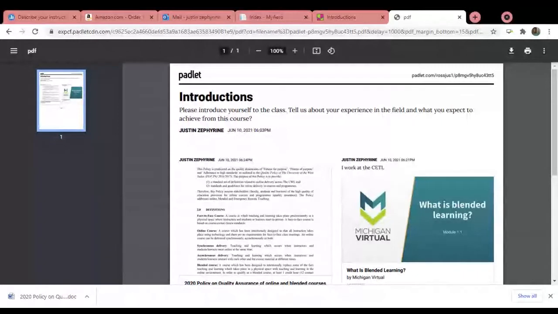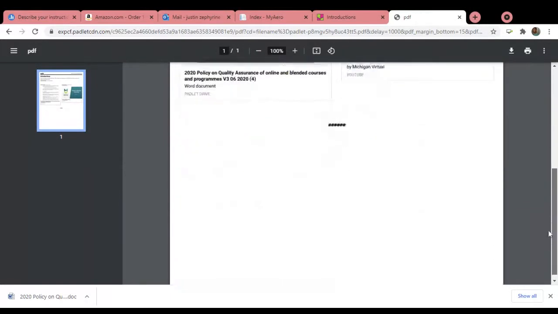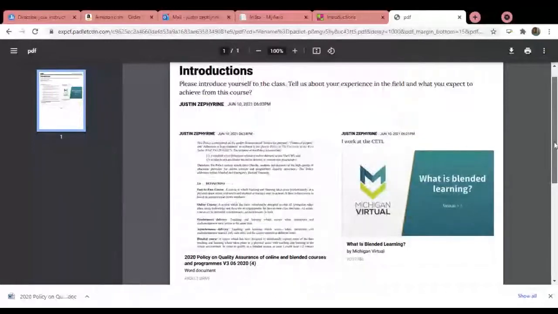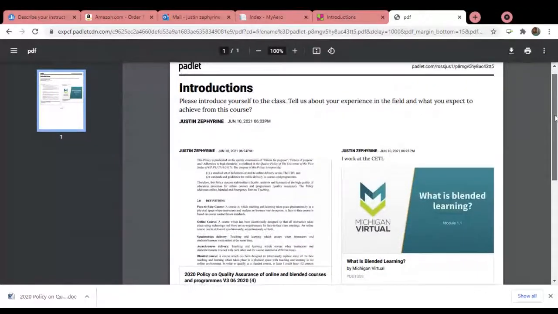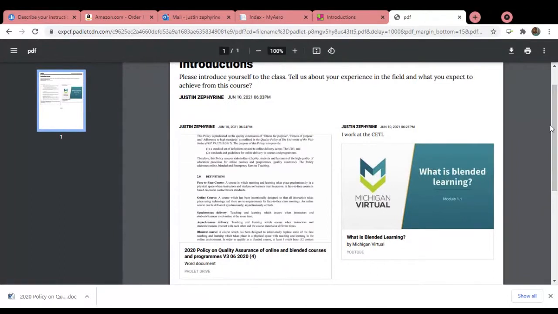It creates a nice little sort of portfolio of the posts that were on your Padlet. And these are all embedded as active links. So if I were to click on this one, it would play the video. As you could see, the cursor changed to the hand, and it shows you where it's coming from, right?